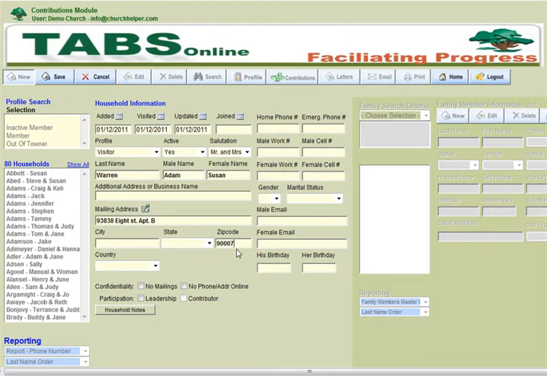And let's say they live in Los Angeles. We hit the tab key. It will go in and fill in your city and your state and your country for you automatically, place you up over here in your home phone number area. And we can go through and just copy and paste that in there for the emergency number, work number, cell phone number,